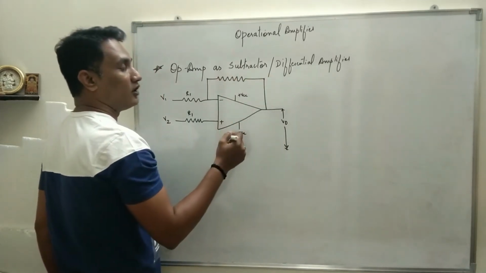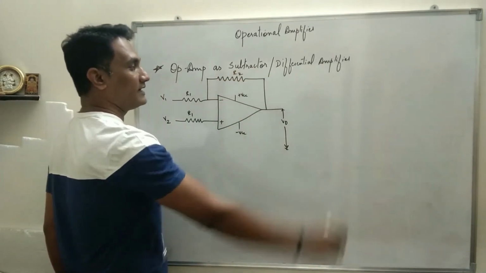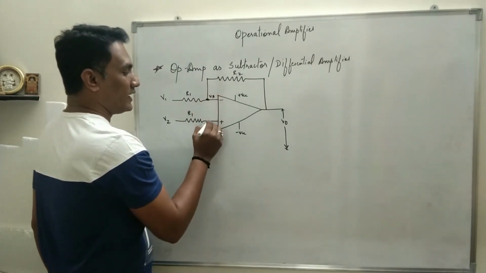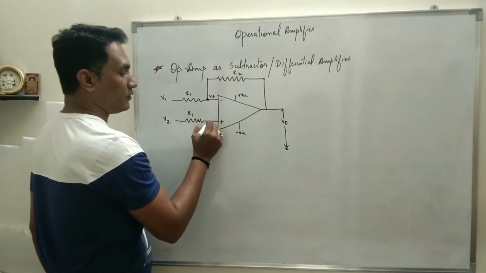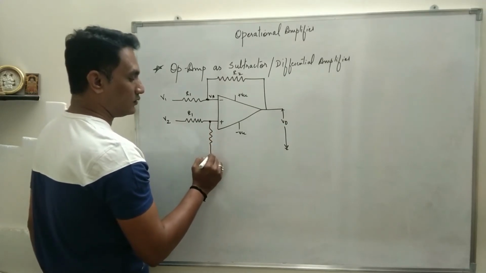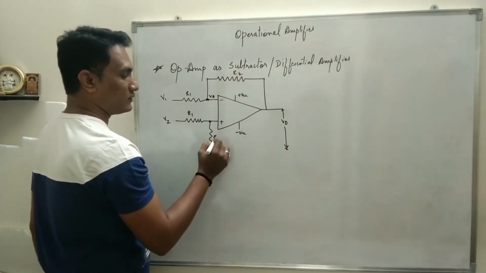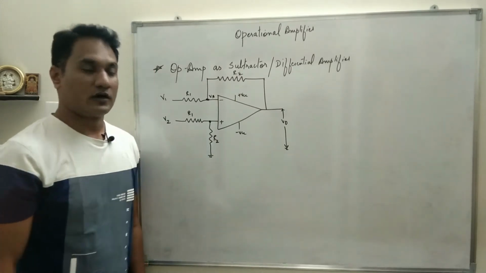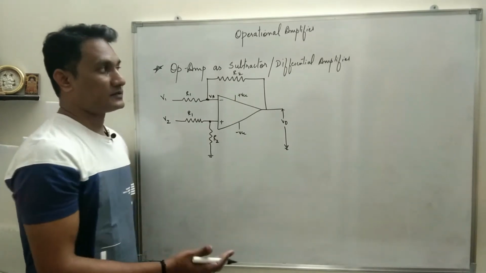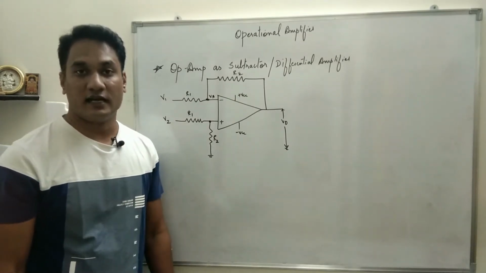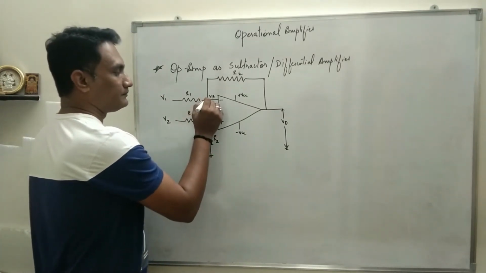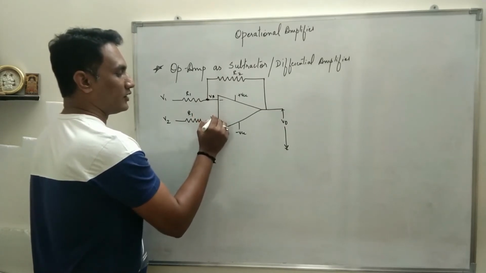Of course, this resistance we called the feedback resistance. In this case, I will call it R2. Let this potential be VA. One more resistance, from the point where the non-inverting terminal is, we connect to ground. The resistance value will be the same, R2. So this is the diagram for op-amp as subtractor, or it can be used as a differential amplifier. The first thing we will understand is, I'll call these two points VA